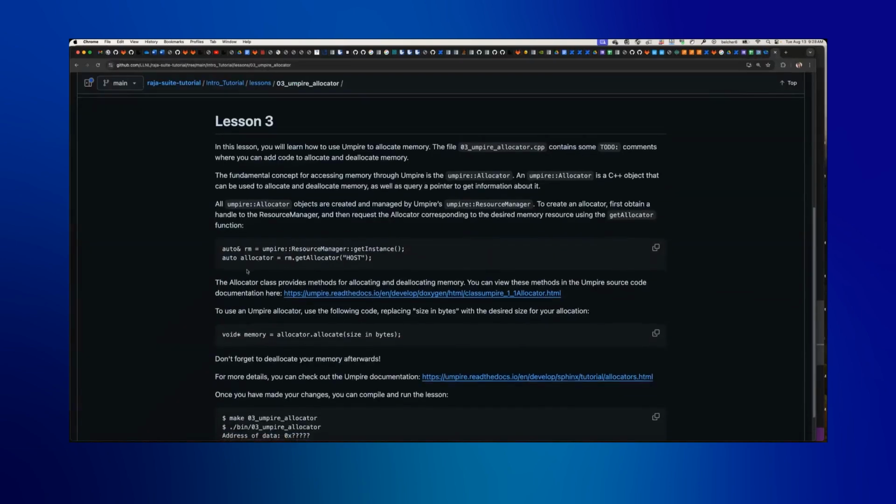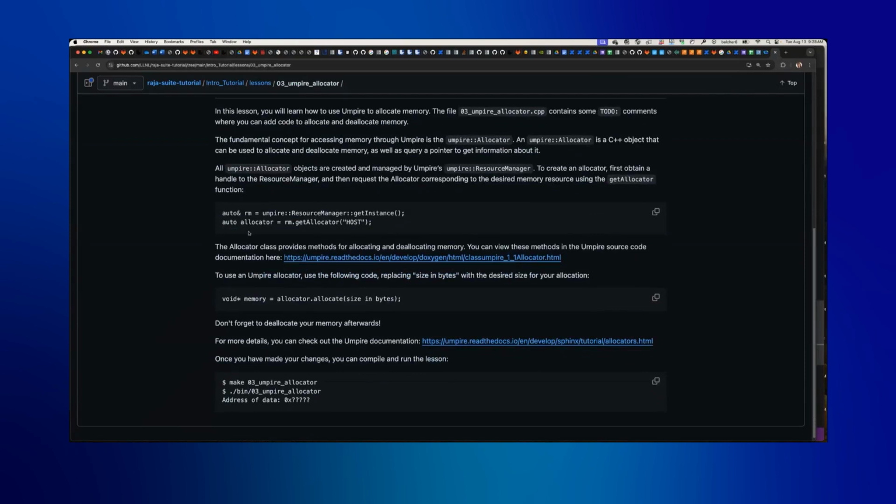I'll go back here so it's all pretty. So yeah, you're going to be creating an Umpire allocator with the resource manager, and everything that you do in